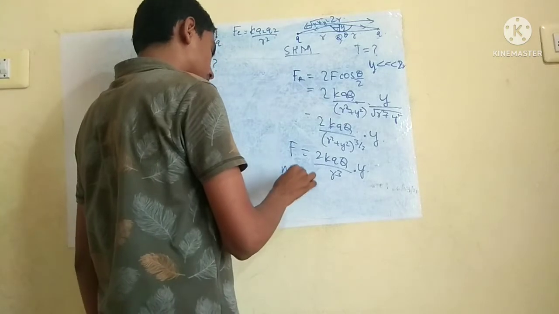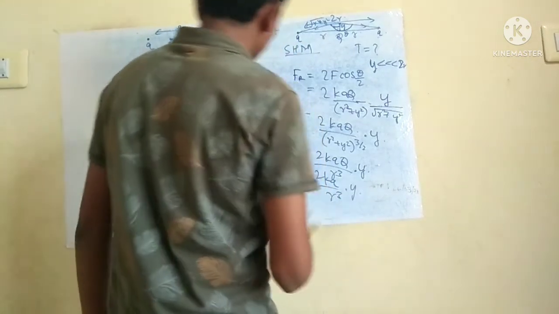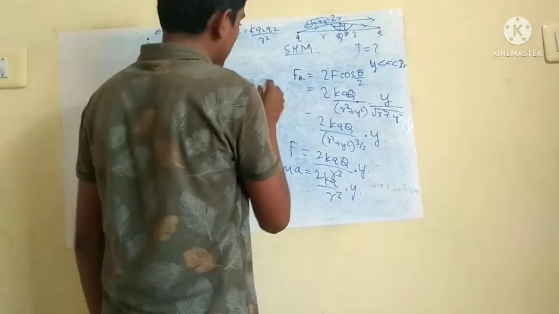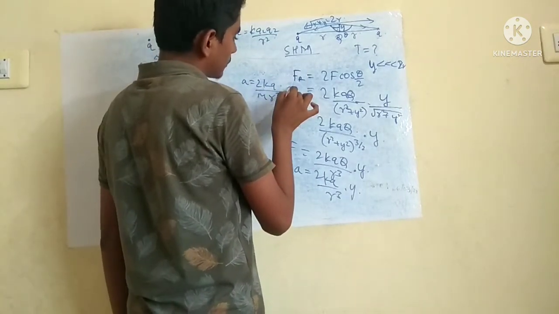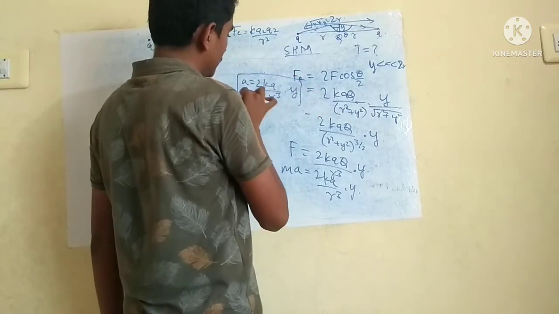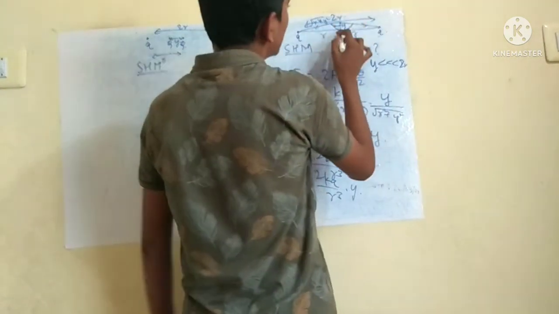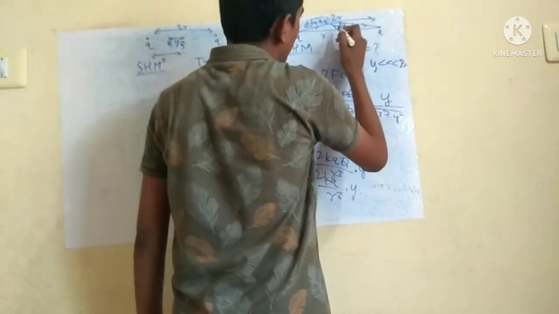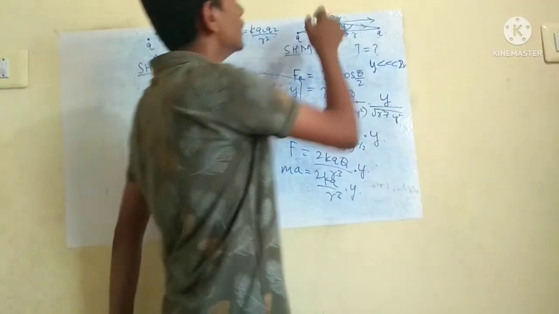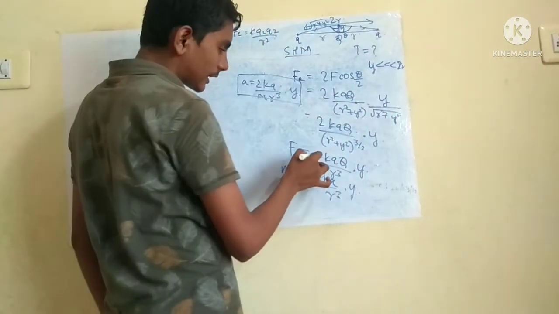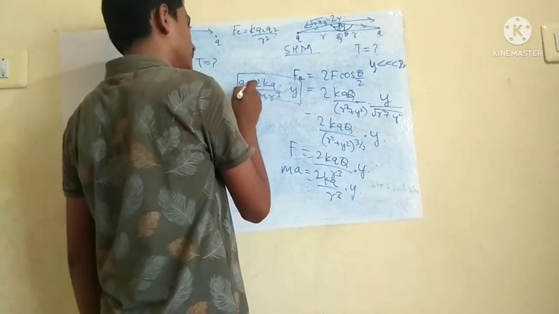Now force can be defined as mass into acceleration. Transfer this mass here. Then acceleration will be equal to 2kq by m into r cube into y. This is acceleration now. Now the force is here like this, the displacement will be like this. When the resultant force, displacement will be in this direction, but resultant force will be in this direction. Means displacement and force are in opposite directions. So I will take here negative sign. So here also it will come negative sign. Okay, A is equal to minus Q.